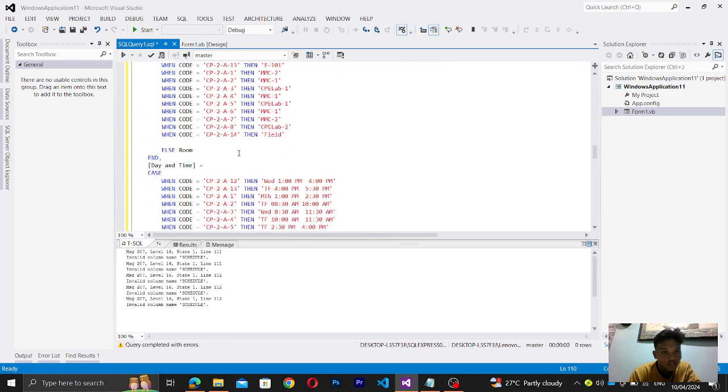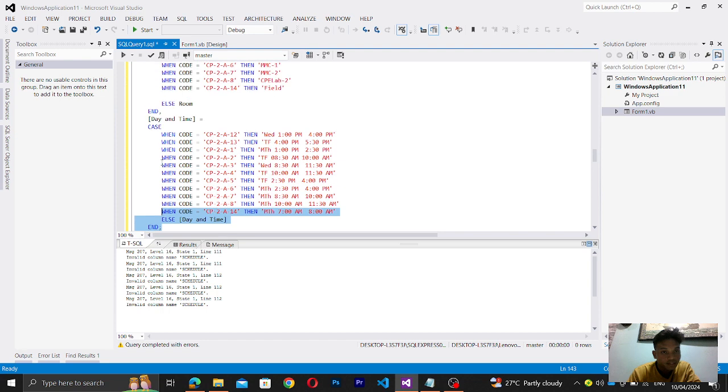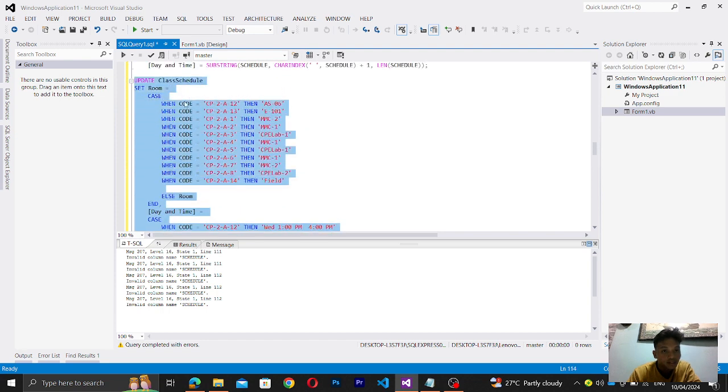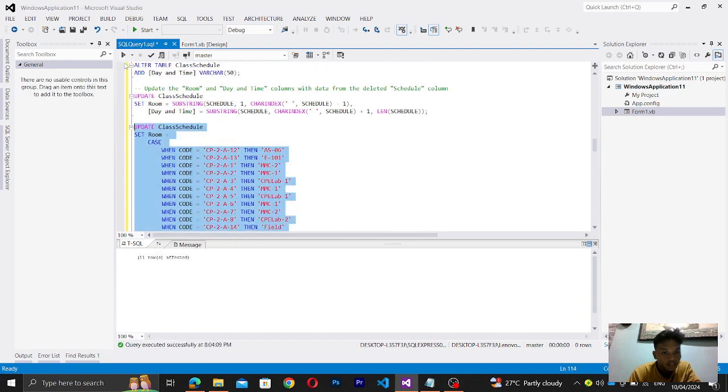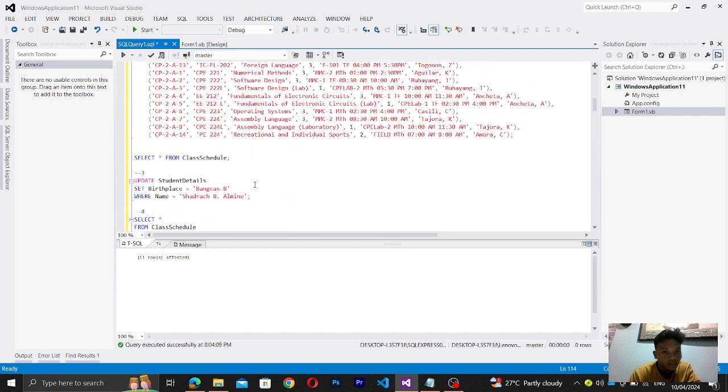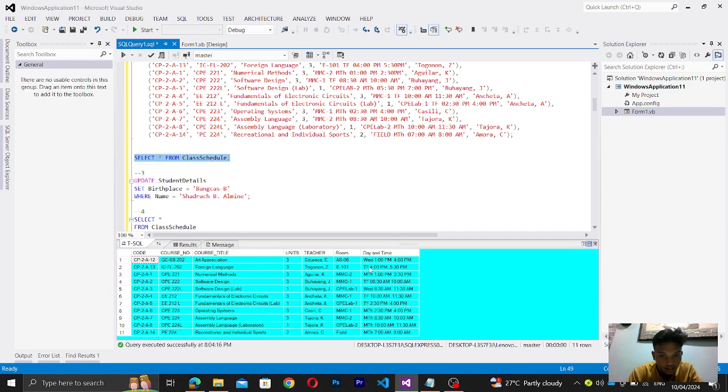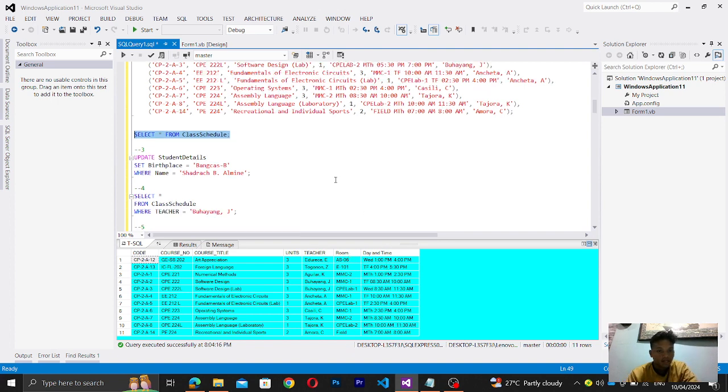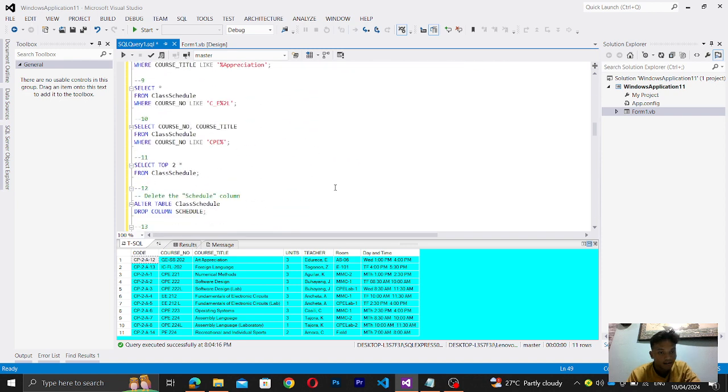And this one, I'm using this if else statement. So if I will run this and I will run this again. So this will be, boom. So as you can see, the deleted column is displayed here on the table. So the room and for the date and time. Next one, we have